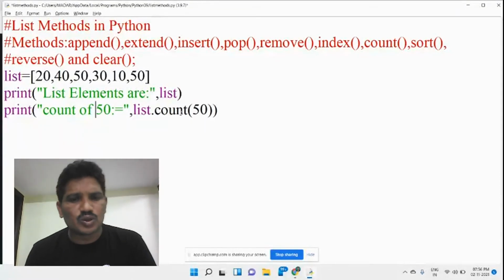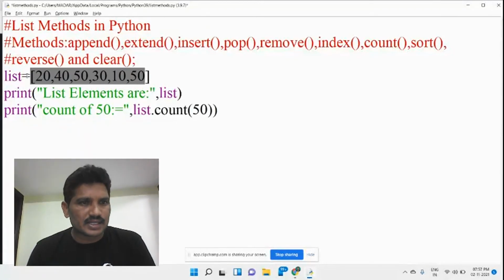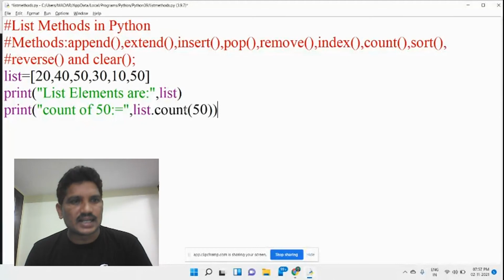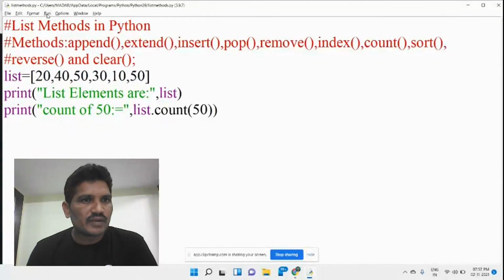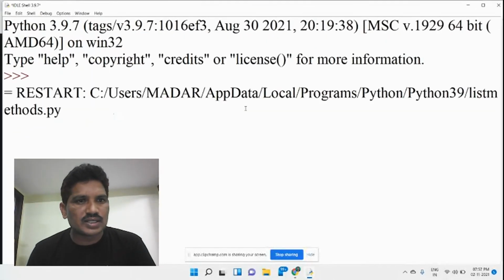What is the use of the count method? It finds out how many times the element 50 has occurred in the given list. Two times. It returns 2. Whether it returns it or not, we will check it once.